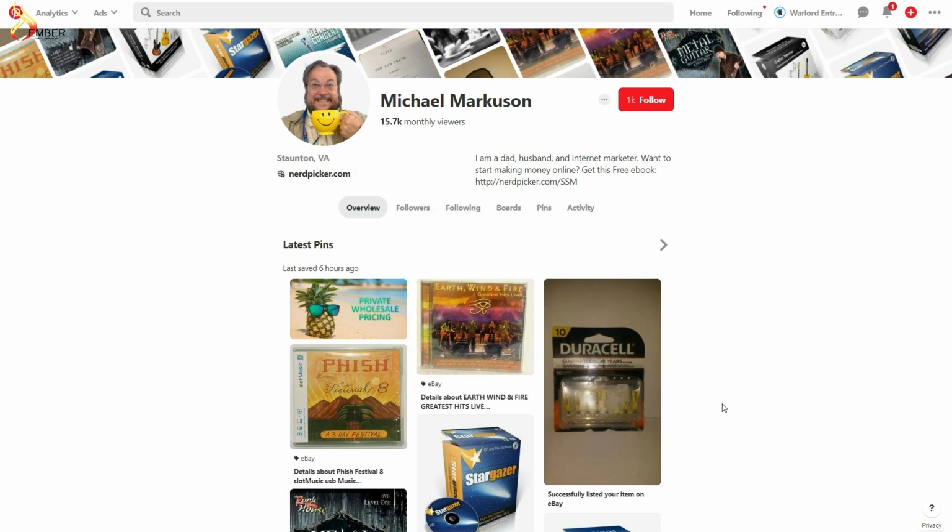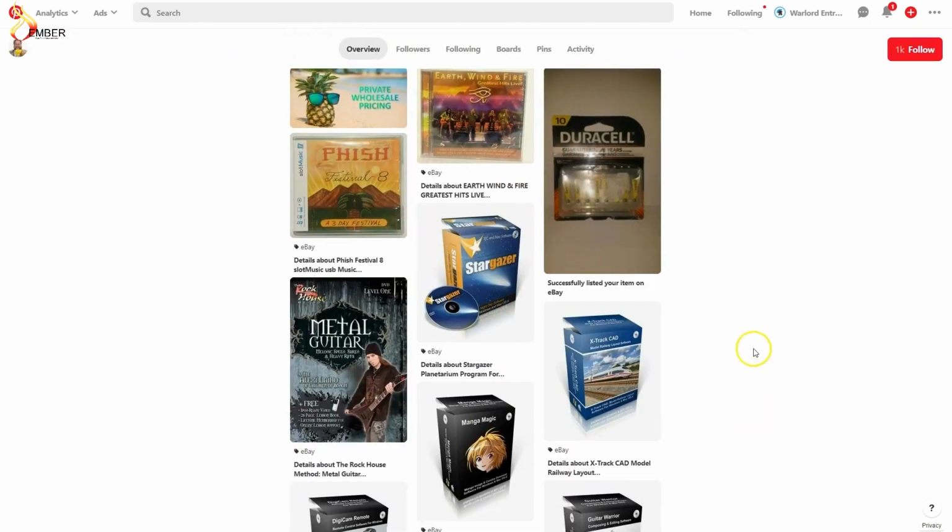Now, it is true that Pinterest is mostly a female-led social media platform. Okay, however, over the last few years, that's been changing quite a bit. The male usage of Pinterest has grown quite a bit. So if you have a male-dominant audience, don't feel scared about doing some marketing on Pinterest, because that is growing. However, the big thing to keep in mind is it's all about visuals.